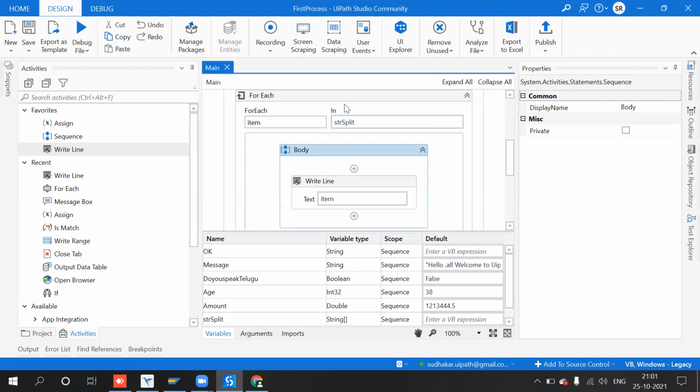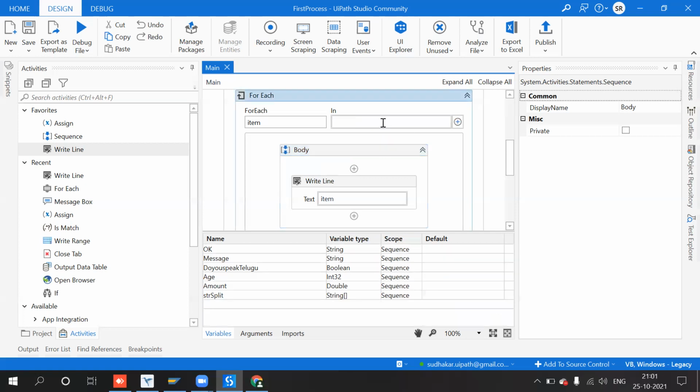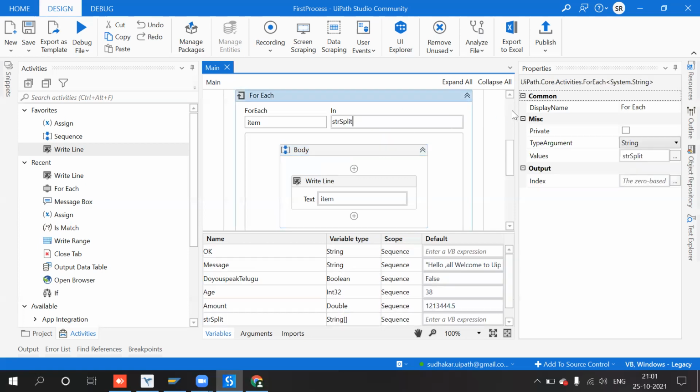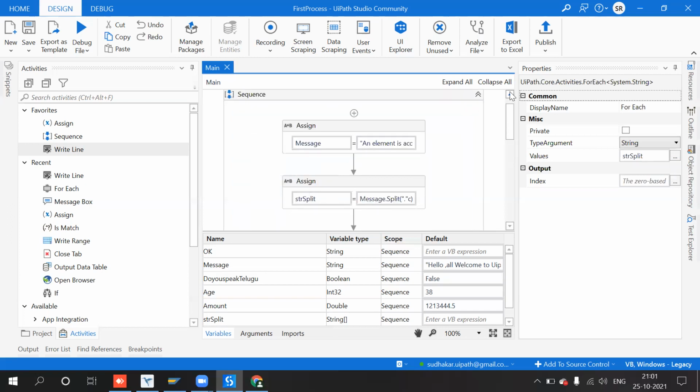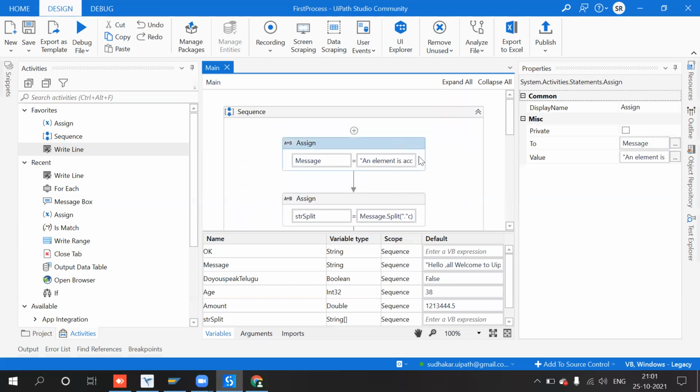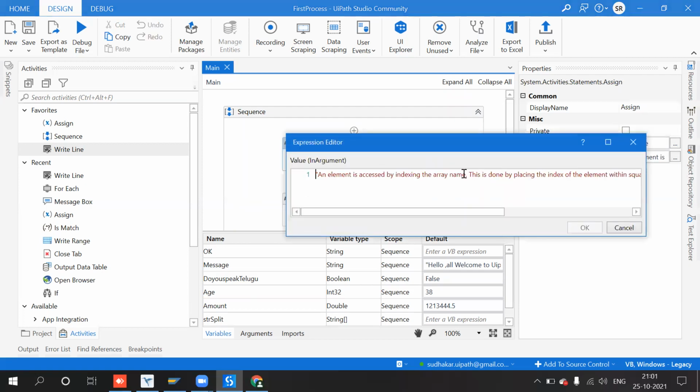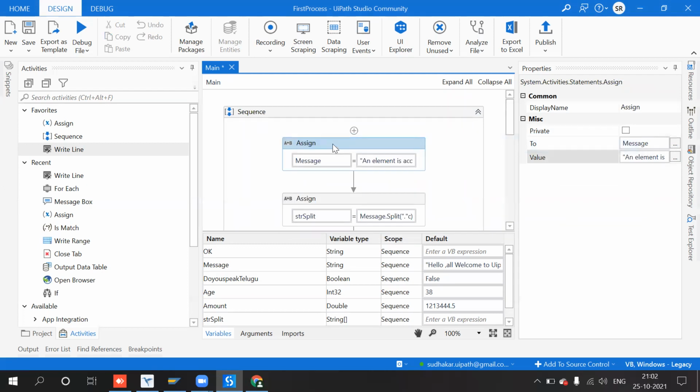Okay, so for loop. After that, if you come across another use case, where I have data like this, I will make it short. This is the message I have.